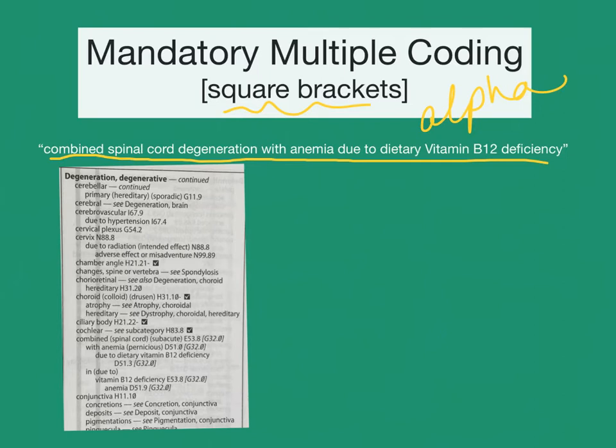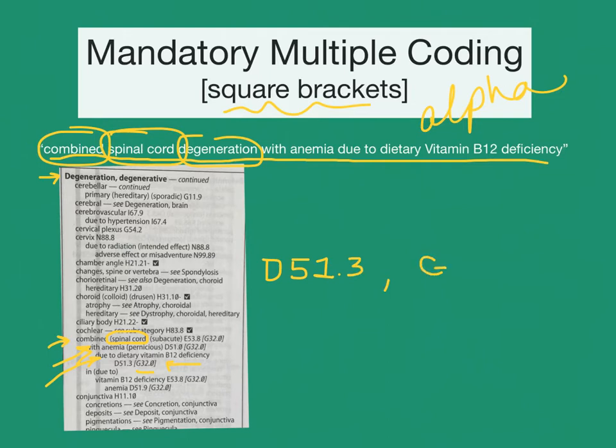So let's start with our main term of degeneration. Combined happens to be a subterm. Spinal cord is a non-essential modifier here, so we have that included. And if we take a close look at the subterms here, with anemia due to dietary B12 deficiency, it gives us two codes, one in square brackets. So we have D51.3 and